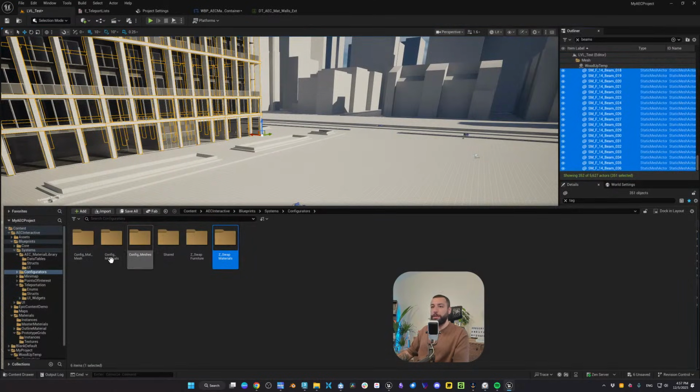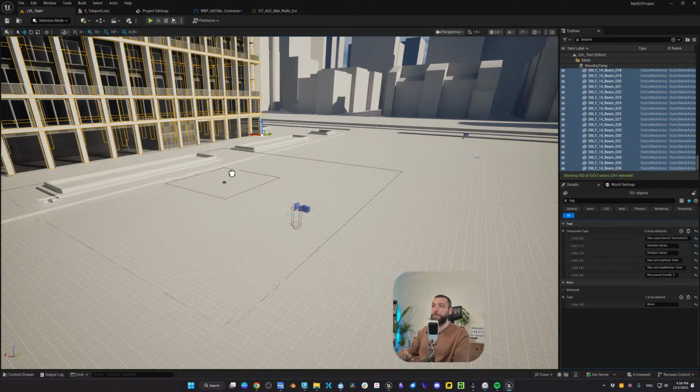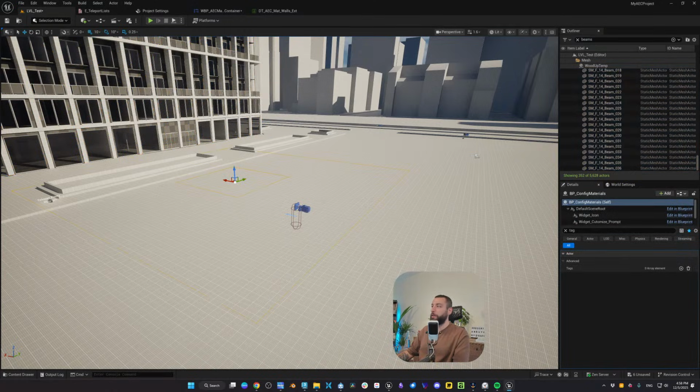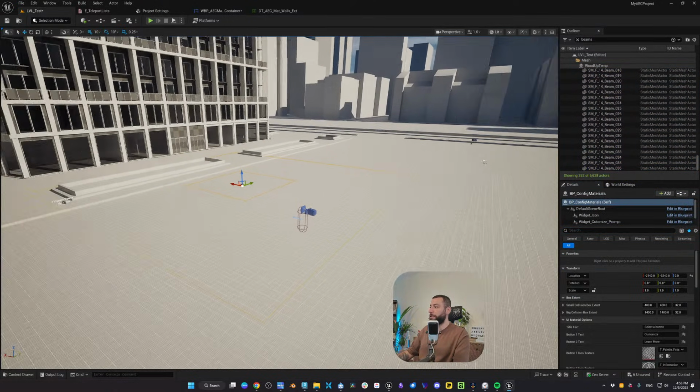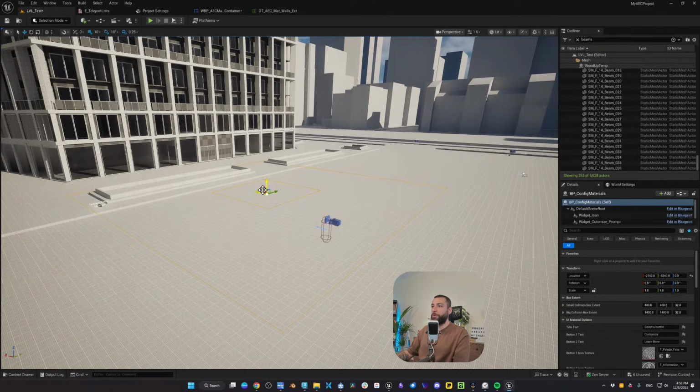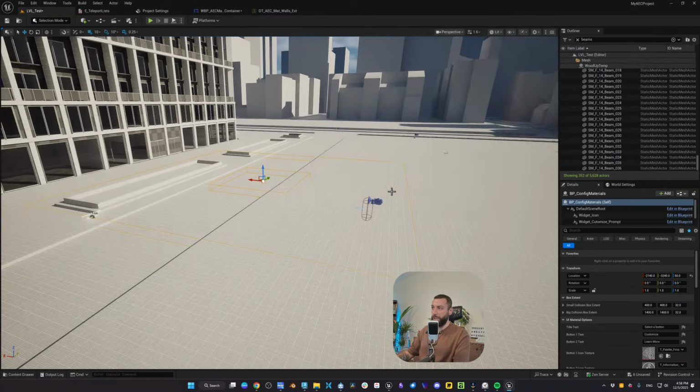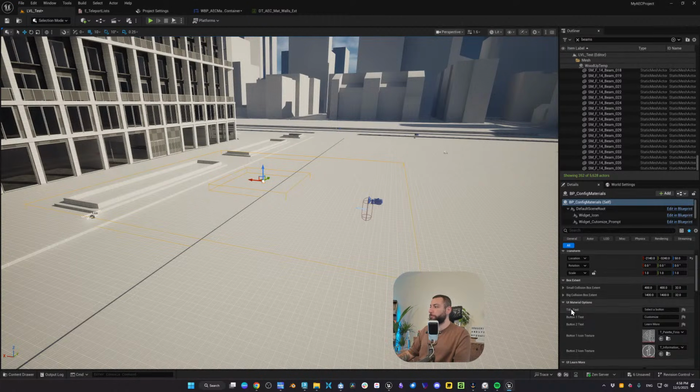So let's go back here and let's quickly go to our level here. So let's say Configurator Materials. I'm going to click and drag and add this here. And let's cancel the tag search. Now, this is an empty actor. We still didn't set up anything. As you see here, we have 2 boxes. We have a big box and a small box, and these are collision boxes. So these collision boxes can be customized from here.